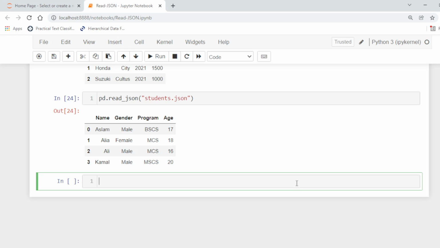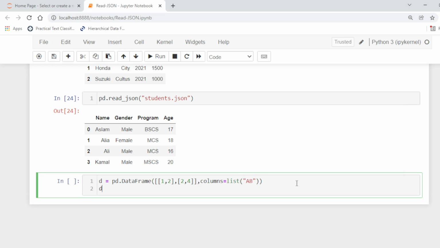In other words, we can generate it, for example, if we have a data set like a data frame with values 1, 2 and 2, 3, for example, and columns equal to the list A, B. So this is our data frame.